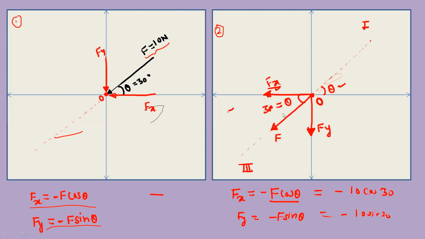So for the resolution of this force, you can follow any one procedure. Either you assume the force in the first quadrant and resolve like this, or you shift the force in the third quadrant because its line of action or direction of the vector is towards the third quadrant, and you can resolve it like this. Effect will remain same. Finally, we will get the same components, minus F cos theta, and minus F sin theta.